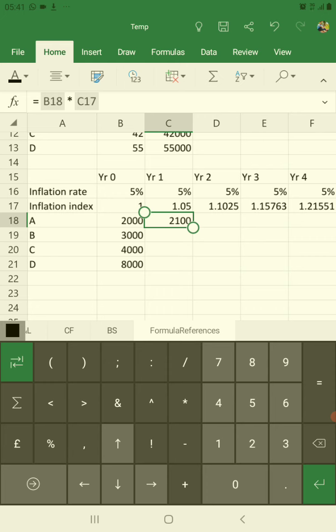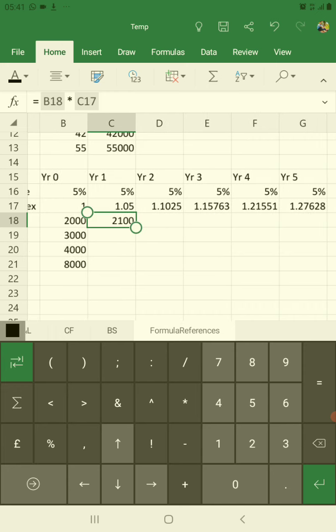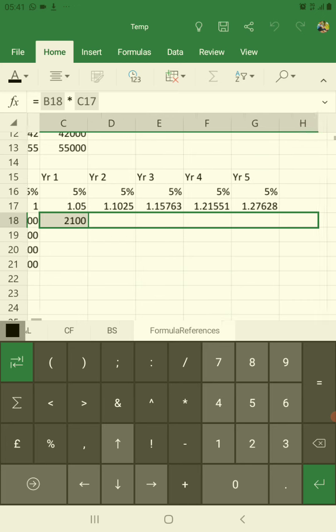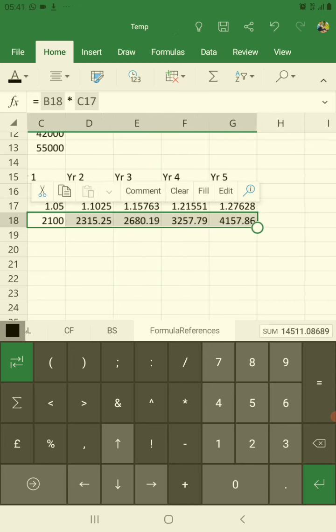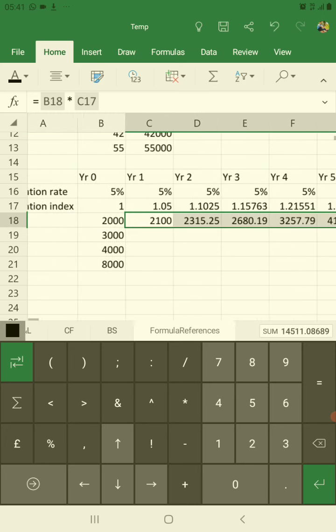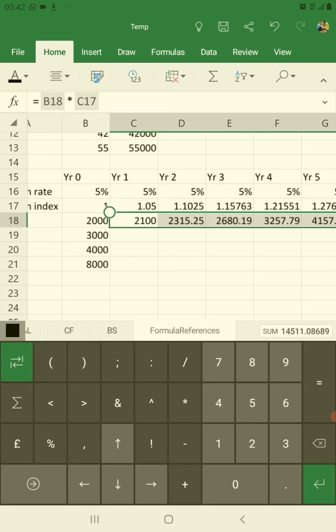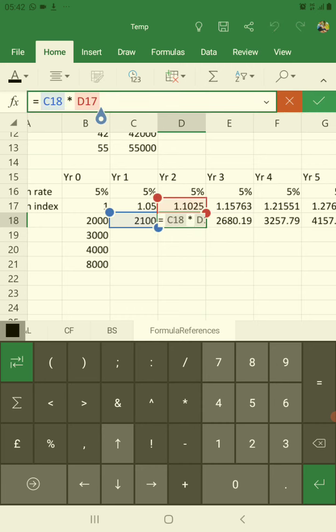The formula is right, but I cannot drag this formula by applying the copy or paste or the fill handle to the right. It will not be right. Why? For example, if I click here, let's see what it has taken. It has taken C18 multiplied by D17. So